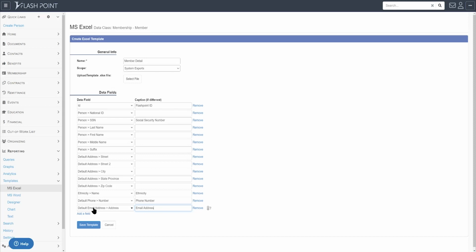Now in this example, we're using an individual person as an example member. In many organizations, however, the members are actually contractors, but irrespective of that, everything that I just described in this demonstration still applies